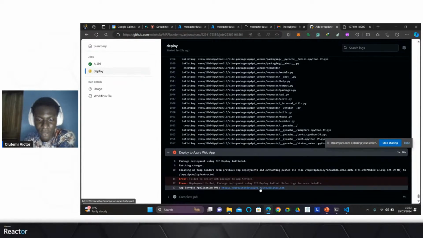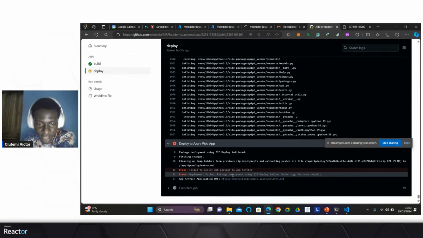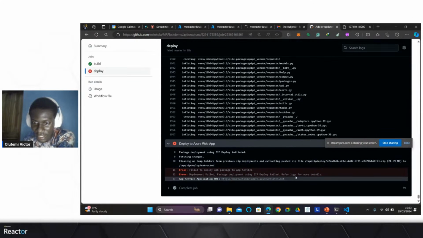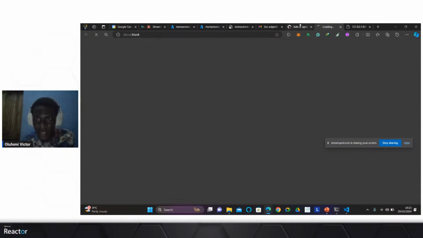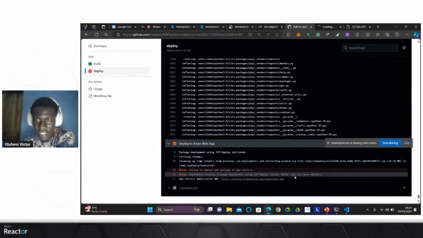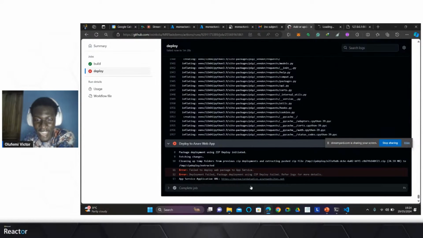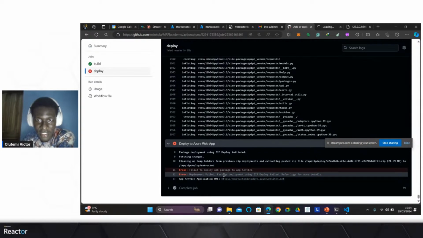Ah, okay. So it seems we ran into some errors, and let's see if the error actually affected the app. So it says the zip deploy failed to deploy web package to app service.